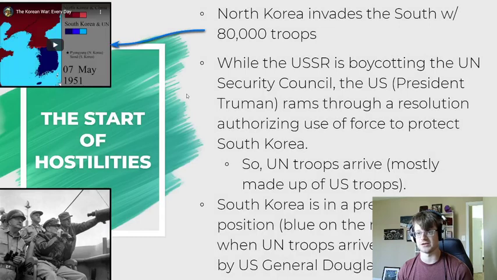So that then gets us to North Korea invading the South in the 1950s with 80,000 troops. And you can see this in the map here. We'll watch it in class. Now,